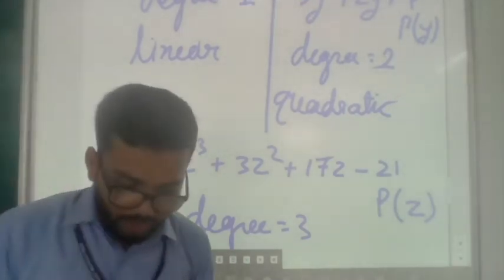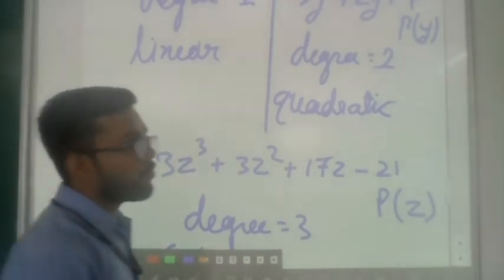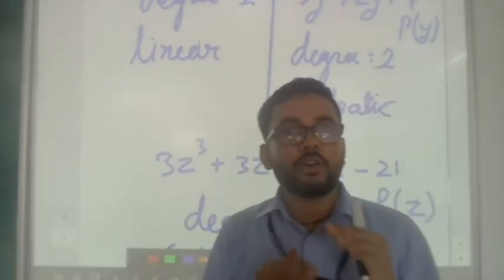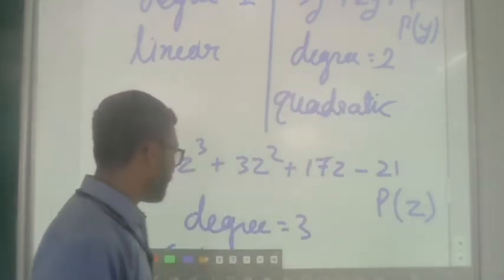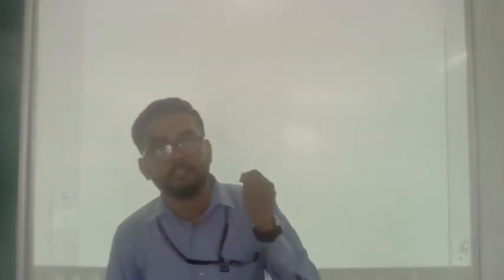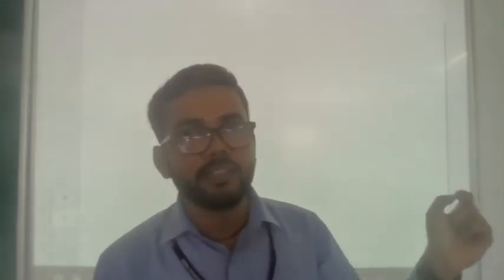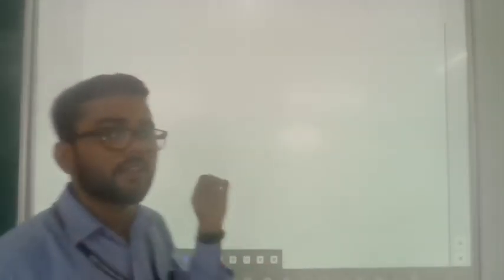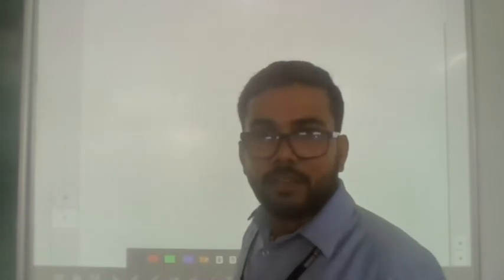Okay. Now, in the next part of this chapter, we will have to know about the value or zeros of a polynomial. The new topic of this chapter is the zeros of the polynomial. What are the zeros of a polynomial? So first try to understand the value of polynomials. On the basis of that, you will be able to know what the zeros of a polynomial are. So we will try to understand the values of a polynomial.